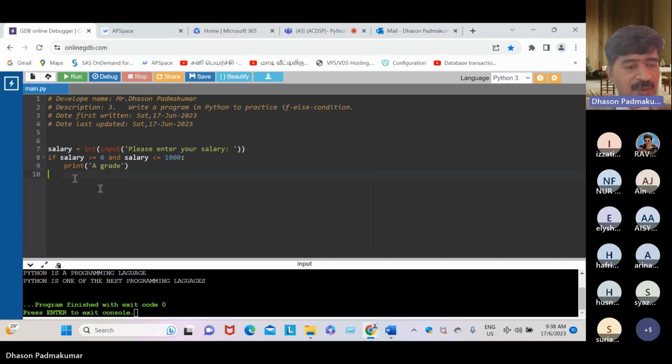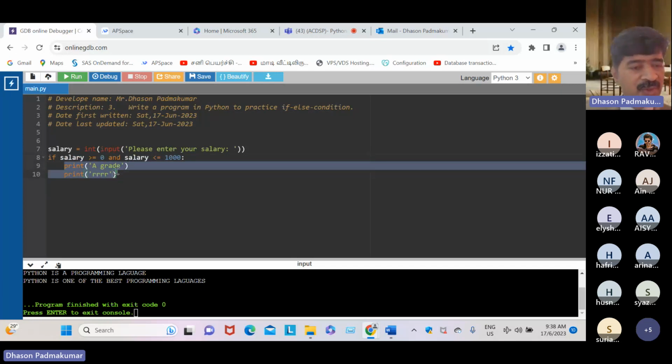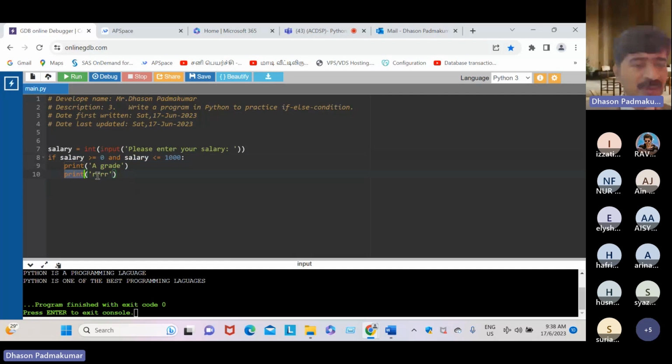But if you put something here, like another print, it means if this condition is true, please execute this line and this line, a block of code, a set of instructions. But if you don't want to execute two lines, when the cursor comes here, press Shift and Tab.